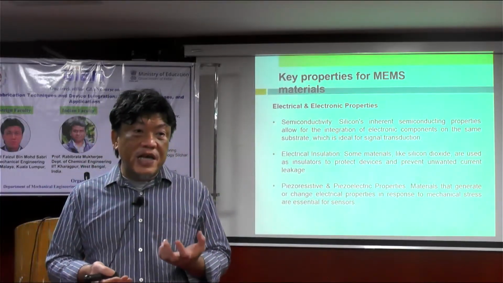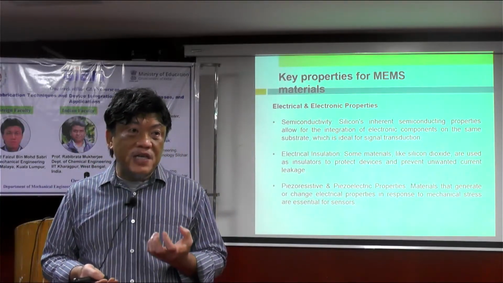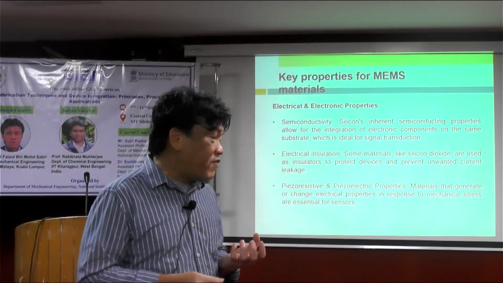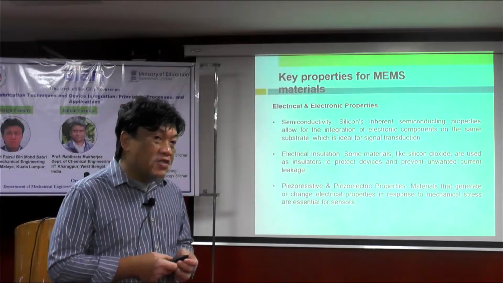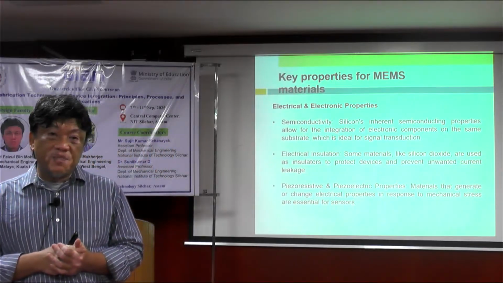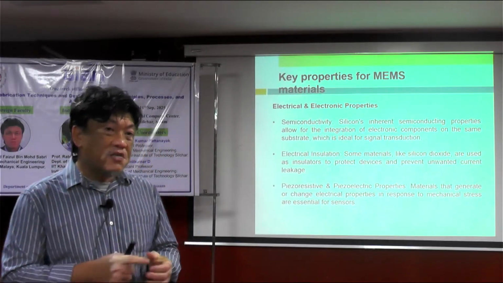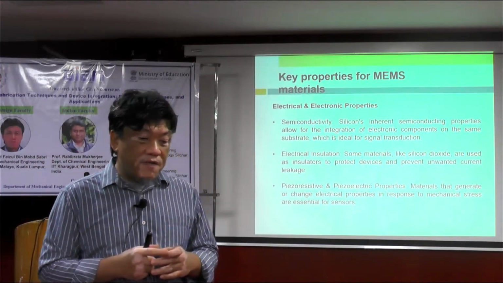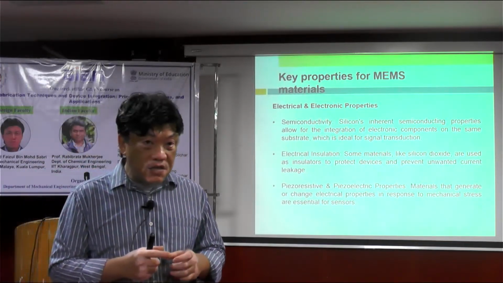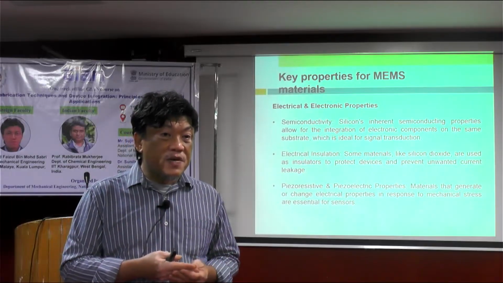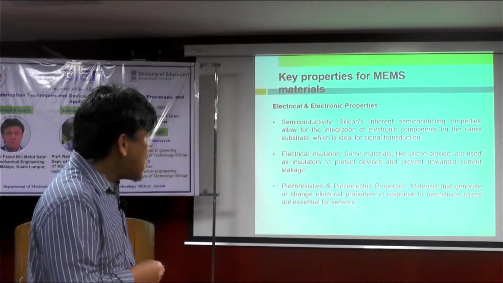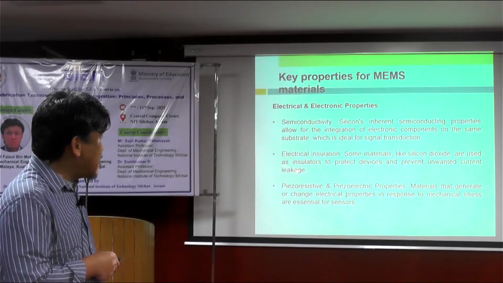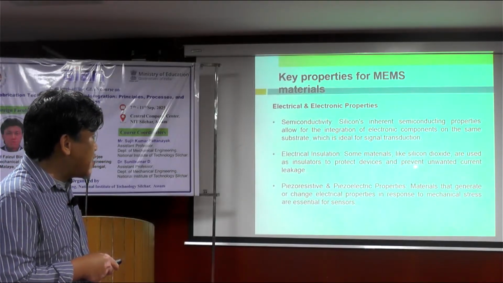So you know that at a certain threshold, you can make it conducting, with the band gap of the material itself. So you can have the circuit designed on this material, etc. So it is not just about material for the sake of structure, but it's also for the electrical purpose as well. So electrical insulation, some materials like silicon dioxide are used as insulators to protect the device and prevent unwanted